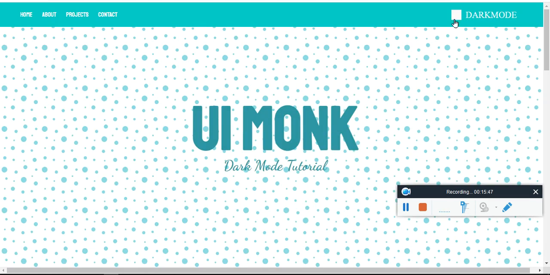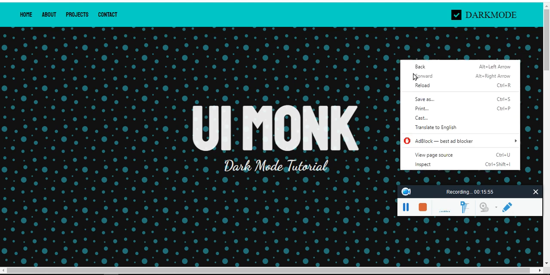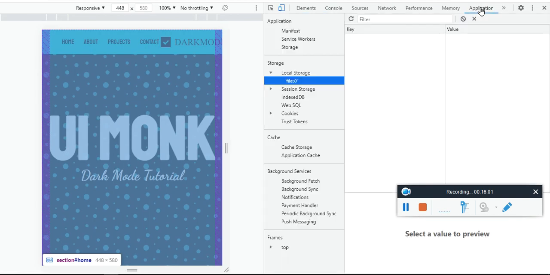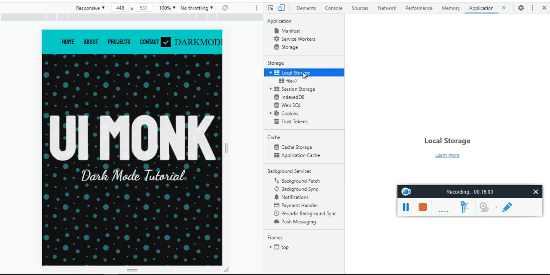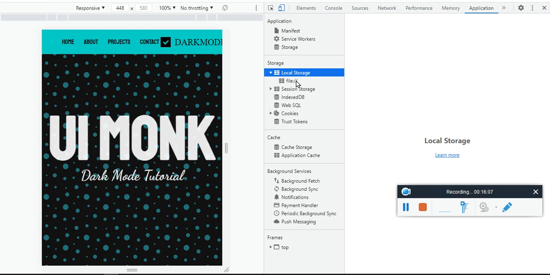Now, once I click on the checkbox, I want to create a variable, and that variable needs to be stored in the local storage. So this is where the local storage concept comes in. If you get into inspect, you will get a tab called Application, and in the Application we have Local Storage. By default it will be like this, and you have to click to open it. And if you click on the file, it is particularly the URL which we are at present.